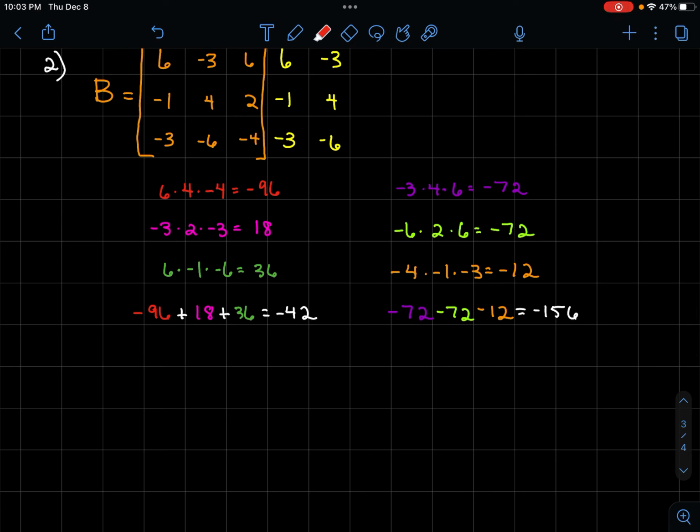And the last thing we will do, again, is just subtract the negative 156 from the negative 42. So the determinant of matrix B will give us 114. So that was a really short video to show us how we can use the diagonals to come up with a determinant of a 2 by 2 matrix and a 3 by